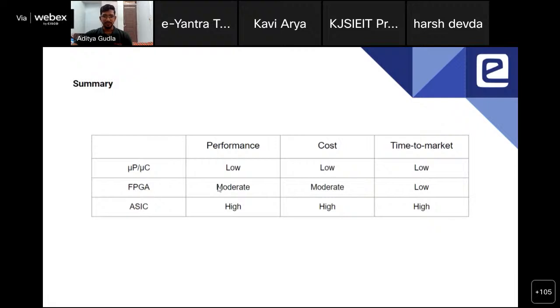In an FPGA, performance is moderate. Of course, these numbers are not the absolute numbers, because if you buy a very high-end processor and a low-end FPGA, performance of that particular processor will be high, of course. But in general, these entries in the table are good. So performance in an FPGA is moderate compared to a microprocessor, and cost is also moderate,